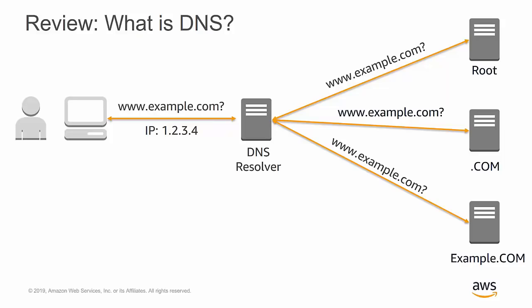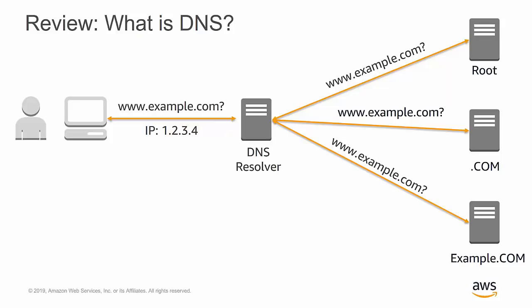It doesn't know the number that belongs to example.com, but it does know how to find it. This resolver could be something that's provided, say, by your internet service provider. In the case of Amazon Web Services, all your EC2 instances come by default with a DNS resolver. And it will go out and ask different name servers, as they're called, if they know about the name